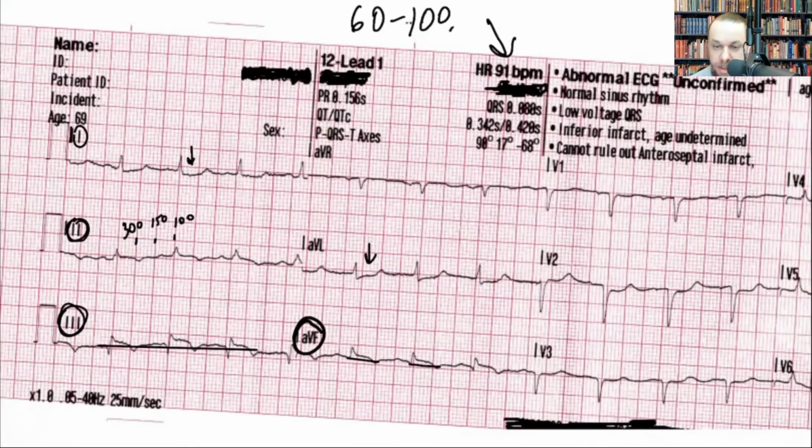Inferior wall MI. And what I want to tell you guys, this patient did not complain of chest pain. They had atypical symptoms. So in my lecture, I was explaining to you, especially females, they'll complain of fatigue. They'll complain of abdominal problems, indigestion, things like that. And on those patients, especially diabetics, elderly, female, you want to be cautious, right? If they tell you they're having any type of